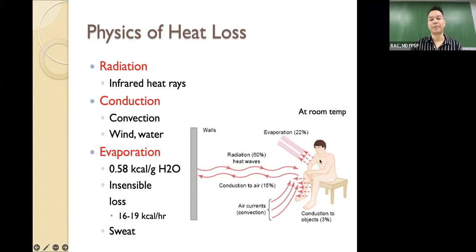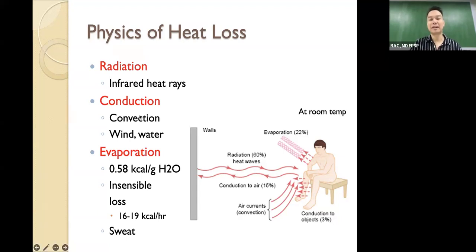When we talk about room temperature, this is around 25 degrees Celsius. So at room temperature, our body emits heat mostly in the form of infrared heat rays. So majority of heat loss from our body is via radiation in the form of infrared heat. Now, next to that would be conduction. So this is through contact. That's why when you feel your seat, for example, you will notice that your seat is a little bit warm. So our bodies will now transfer heat into the objects where we are in contact with.